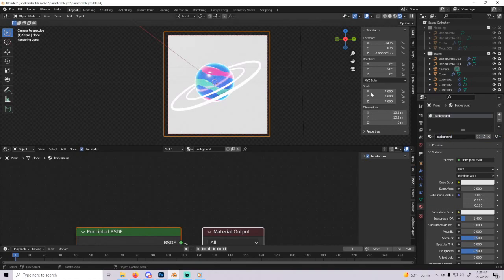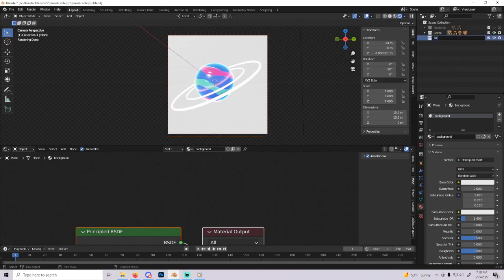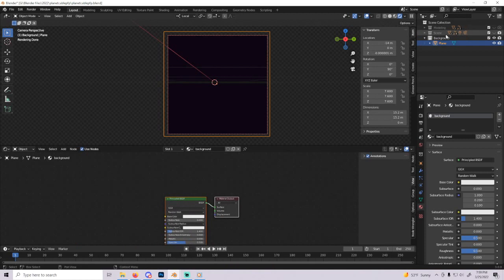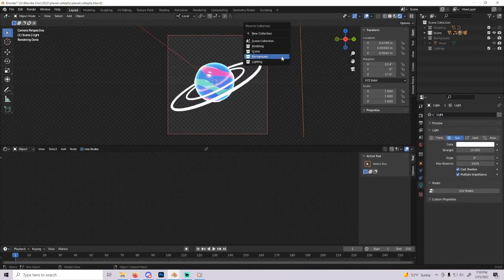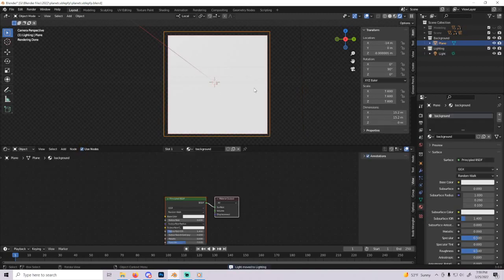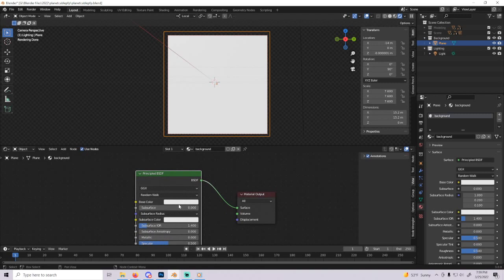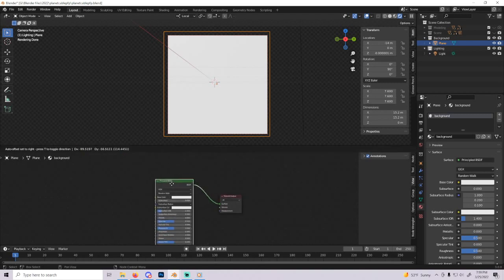Background. And we're actually gonna create a new collection. Call it background. This plant, you're going to the background. Yeah, we made an inflection lighting as well. And we're just gonna put the light in lighting. That way we can have that. If we do